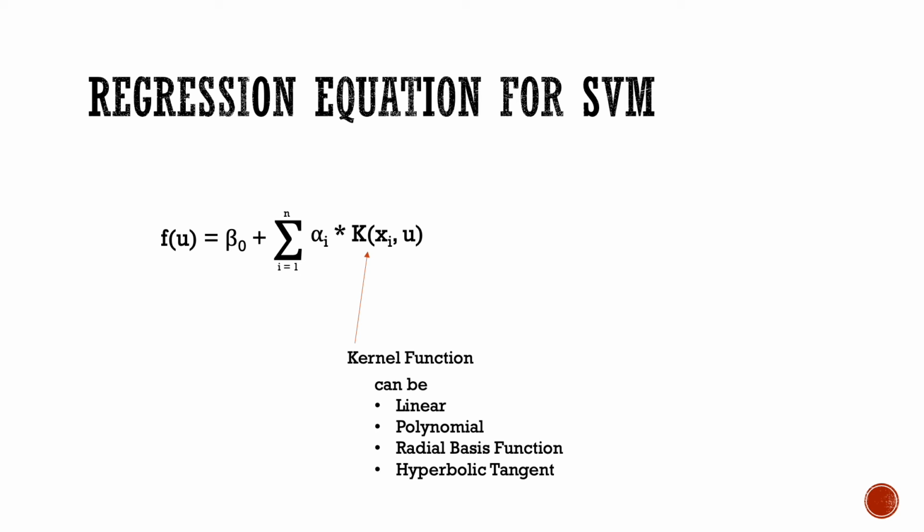The regression equation that we get from SVM is as follows. We get f of u, where u is the new data for which we want to predict the value. This is equal to beta 0 plus the summation of alpha i into k of xi, u. Now u is the value which we are trying to predict and xi are the previous values which we have got in our data set. Here alpha i is an unknown parameter that SVM considers. This parameter determines the way the SVM will calculate our future value. These parameters are optimized by SVM